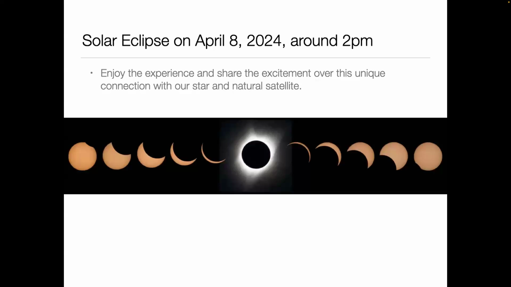And here comes the solar eclipse. So we are approaching April 8th, and the solar eclipse, which is basically a transit of the moon across the solar disk, is going to be happening about 2 p.m. local time. And definitely share the experience. As a scientist, I feel like it's a unique connection between our planet, our host star, and our natural satellite that we call the moon. In fact, working on exoplanets, we work with transit data all the time, but when you see it in a local experiment, that's very exciting.